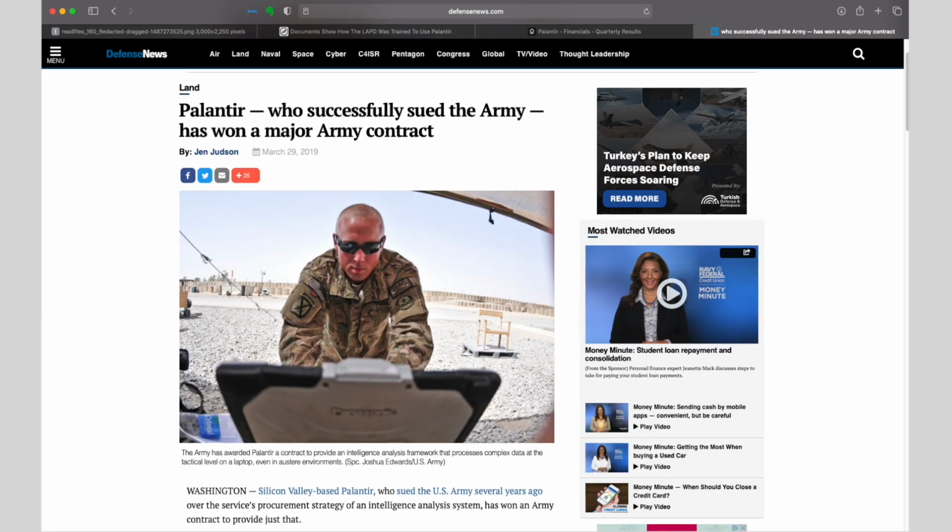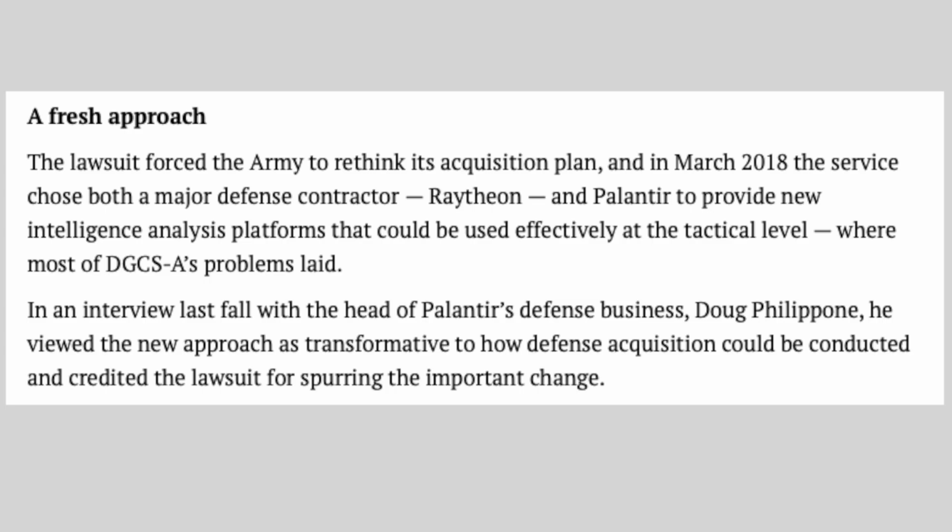And finally, I want to say the overriding argument in terms of the bull case for Palantir is what they've been able to pull off with the government. So I think you need to understand that back in 2016, they actually sued the U.S. Army. And this is not unprecedented. It does happen from time to time. But what really is significant about that ruling is that they challenged the Army and the government on their non-compliance with the law that at the time said you have to look for off-the-shelf software solutions before you engage in actually building your own. And up until that point in 2016, the Army and the government at large basically ignored that law,